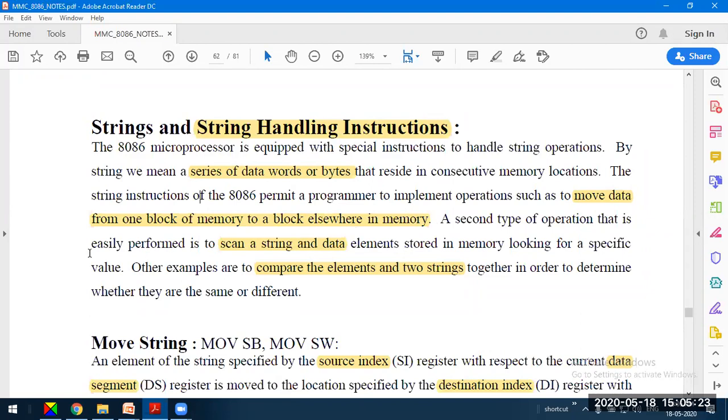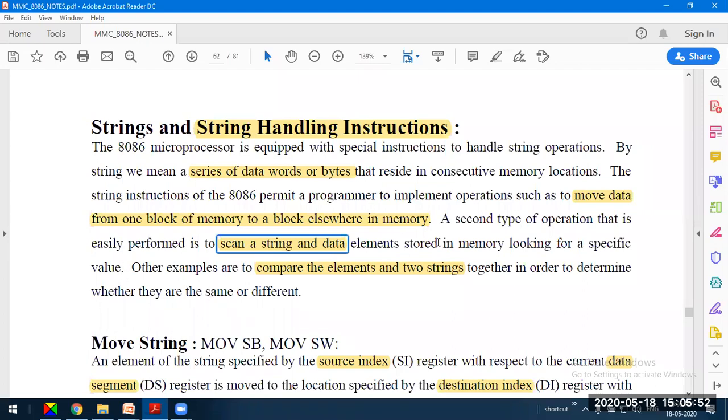The second type of operation is to scan a string and data elements stored in memory looking for a specific value. That is string search basically. Scanning means we are searching the string or series of data to match with another string or data.